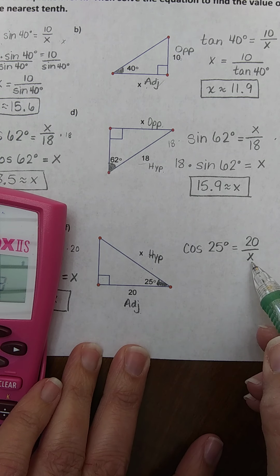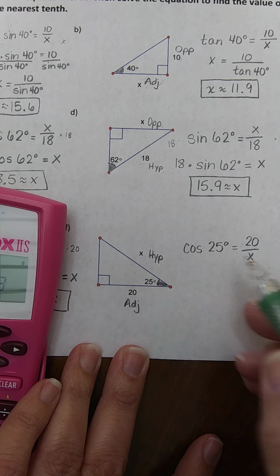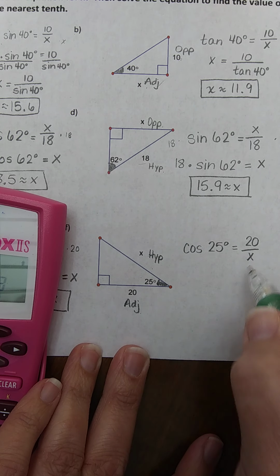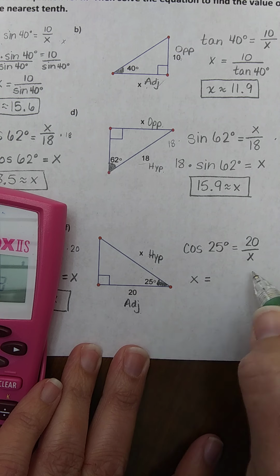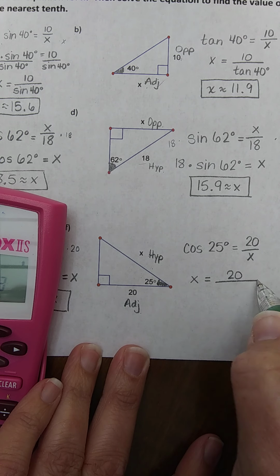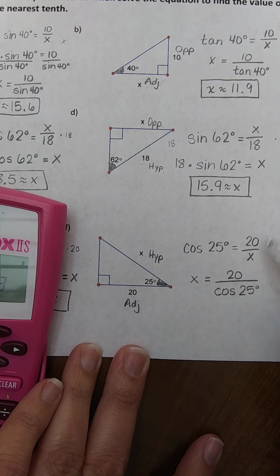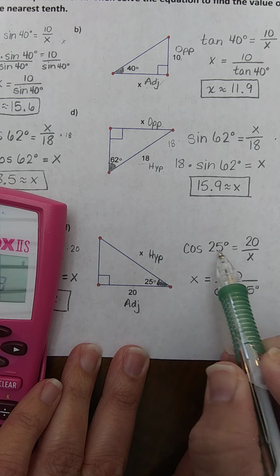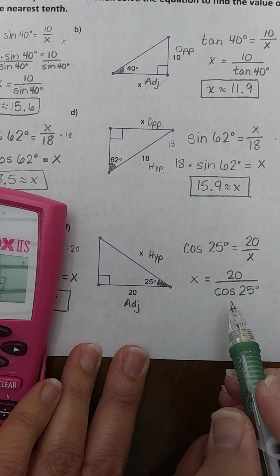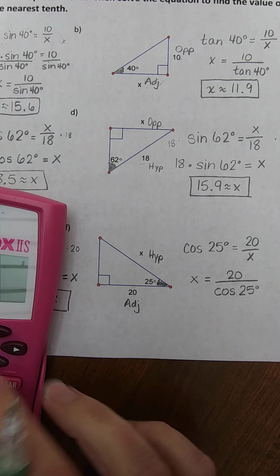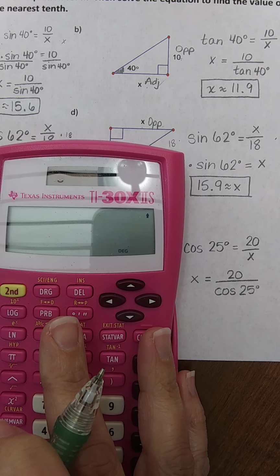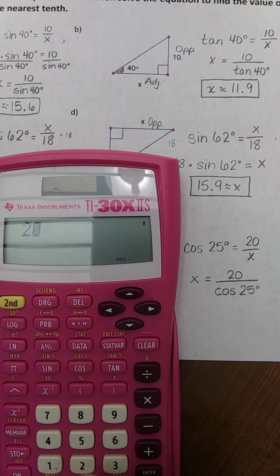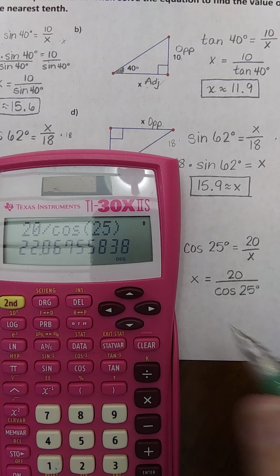Now x is in the denominator, so this is when we do the flip-flop. So we switch the x and the trig statement. So x equals 20 over the cosine of 25 degrees. Notice the 20 stayed right where it was in the numerator. The only thing we flip-flopped was the x and the trig statement. Now x is alone, so this is what we'll type into our calculator. So we will do 20 divided by the cosine of 25. Hit enter. We get